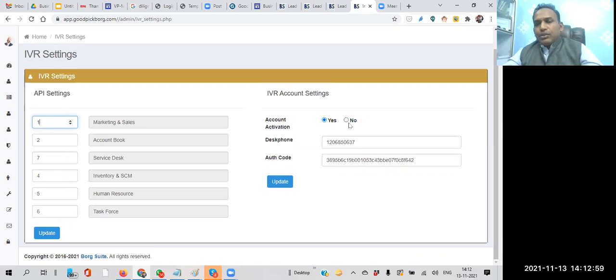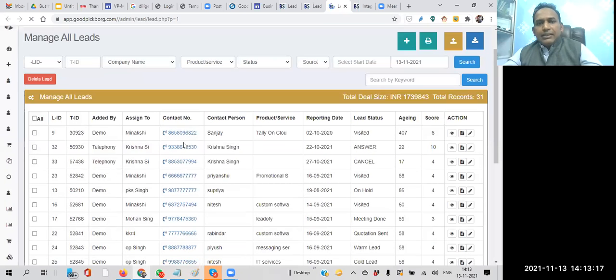Apart from that, you also have the option to activate or deactivate this feature. For example, by default we have deactivated it. If I deactivate this and save, what will happen here? In the lead list, this click option is available. Correct.